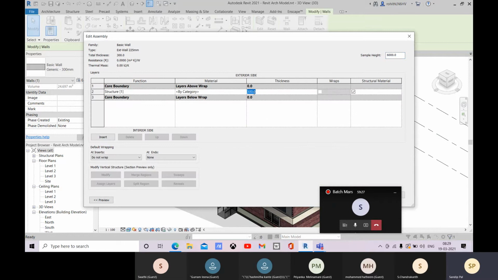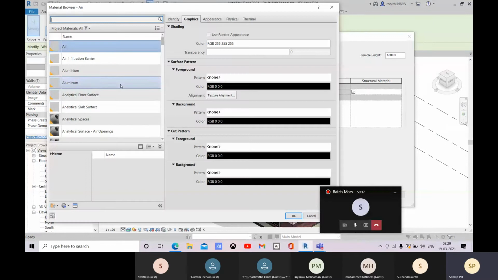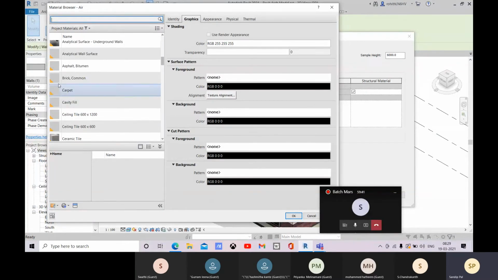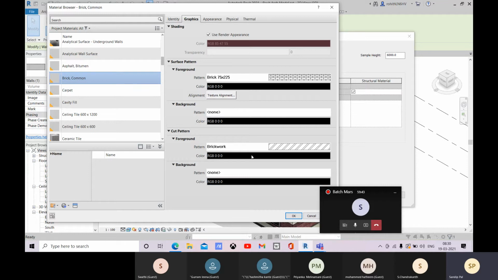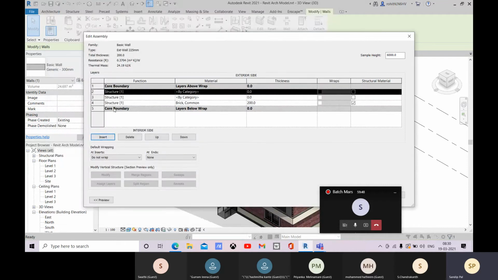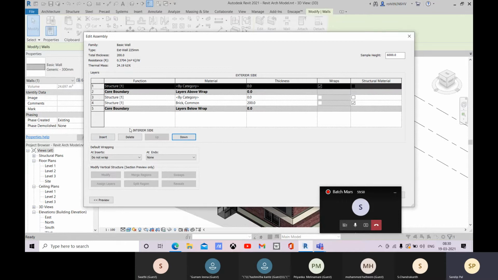This one will be 200, and that will be your brick or any other. If you need to place any other, you can define that. So here it will be brick common, and let's go for OK.